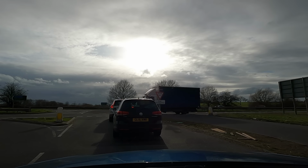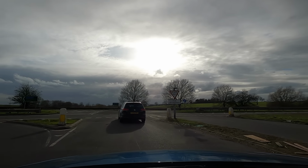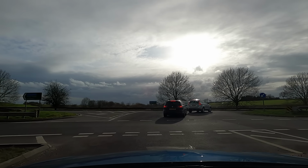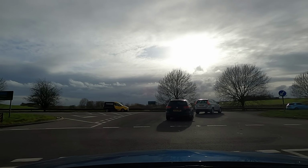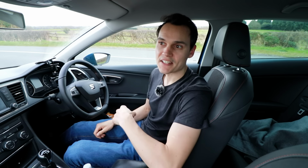But the junction here is busy and the central reservation opening is much larger. You can get a lot more cars queuing in the middle. And as it's busy, people are more likely to take small opportunities and cars are more likely to come in conflict with each other. If you find yourself waiting at the double broken give way line and somebody else waiting